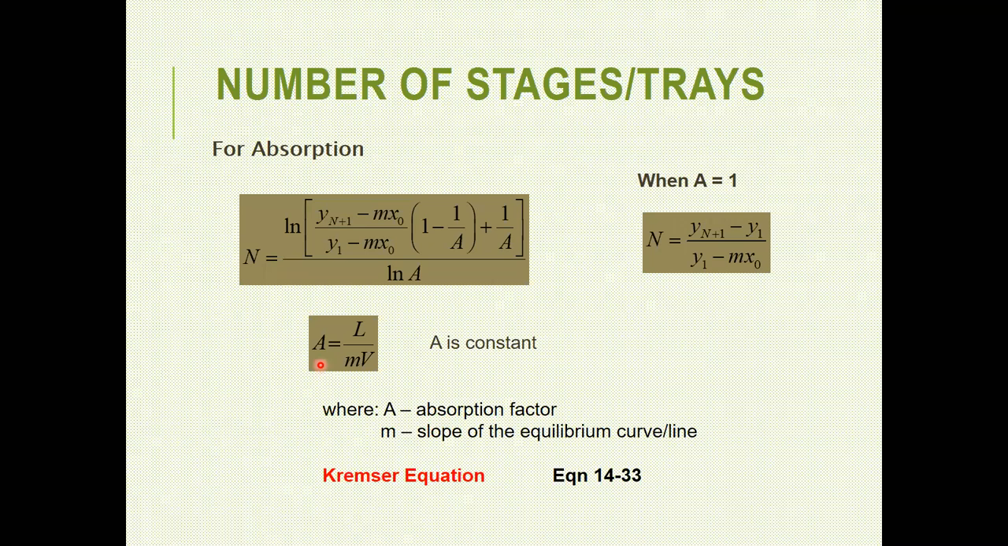Now, in computing for the number of stages for gas absorption, we use the Kremser equation. And in the equation, you'll be using the X's and the Y's, and you will be using the A, the gas absorption factor, which is the ratio of the slope of the operating line to the slope of the equilibrium line or curve. You will know how this is computed when I solve a sample problem on this later. If the absorption factor is equal to 1, this rather complicated formula becomes this. So it's simplified in this manner. But if it's not,